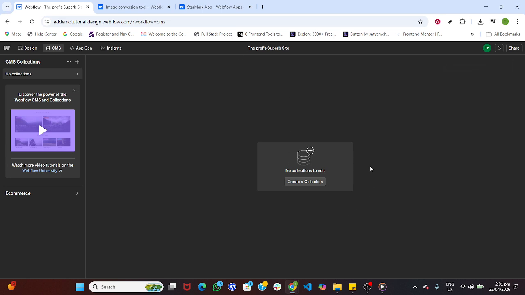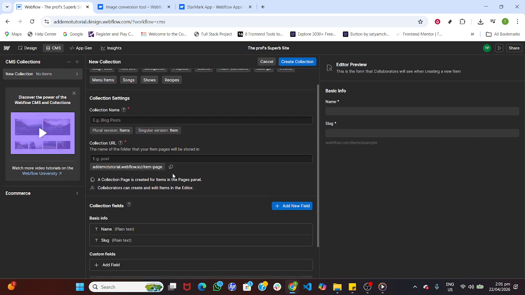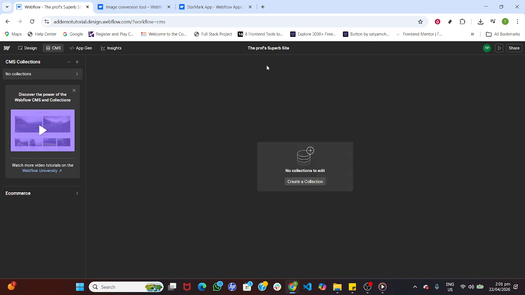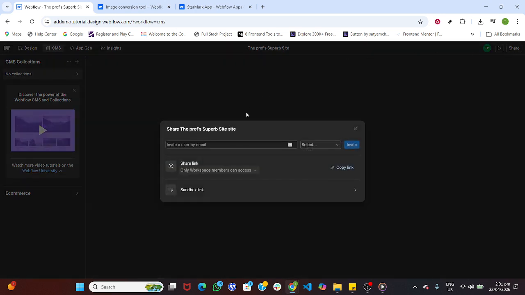Sometimes you'll see messages like, "No collections to edit" or "None of your assets were compressed." That simply means there weren't any eligible assets to process, or they were already optimized. There's nothing wrong with your project in that case. You can continue. When your media is optimized, move to the Publishing panel from the top bar and open Advanced